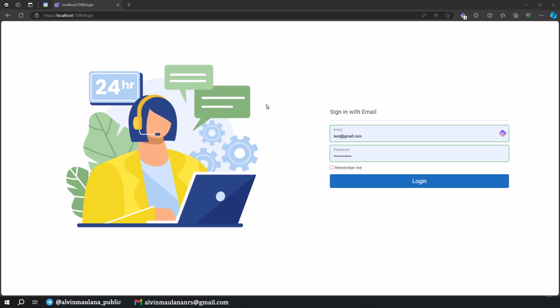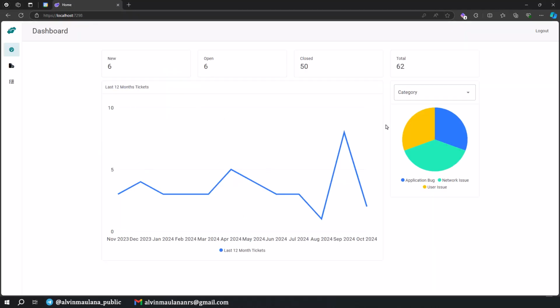Okay, we're back again in building ticket management system. Now we are on part 7. And in the previous video, we already created our dashboard page here with a summary of our ticket information. We can see the number of tickets, the last 12 months of tickets, and the pie chart, where we can select here based on the product, category, product, and then priority.